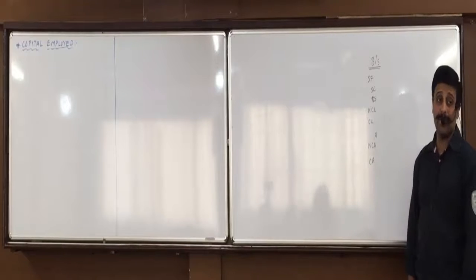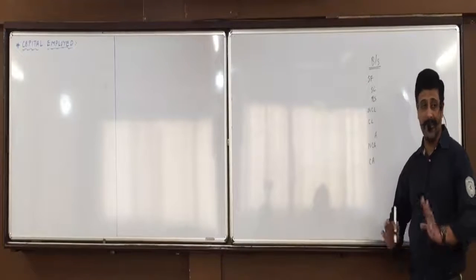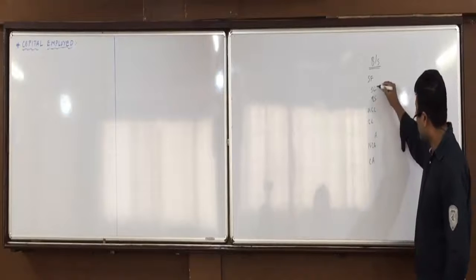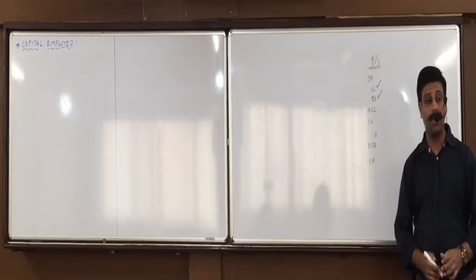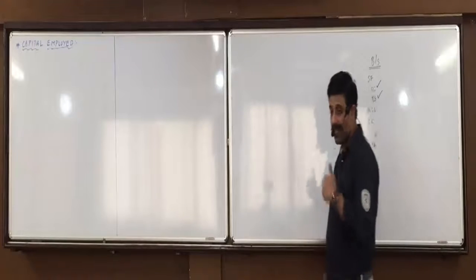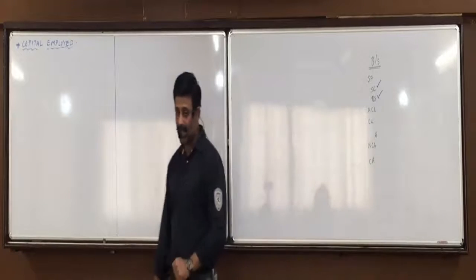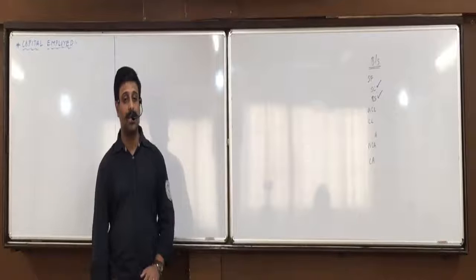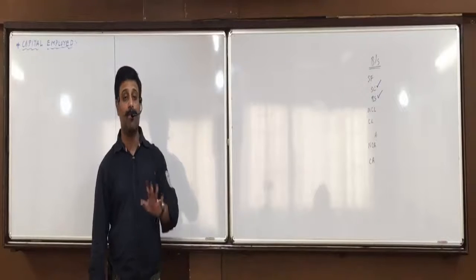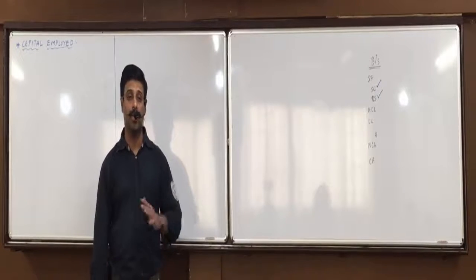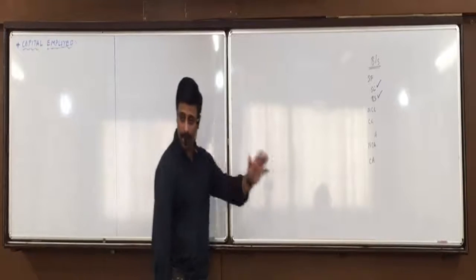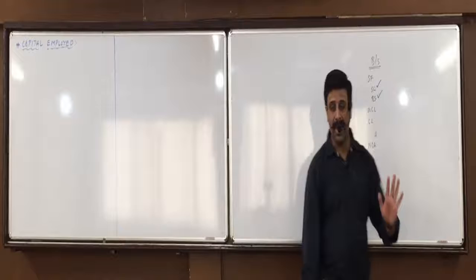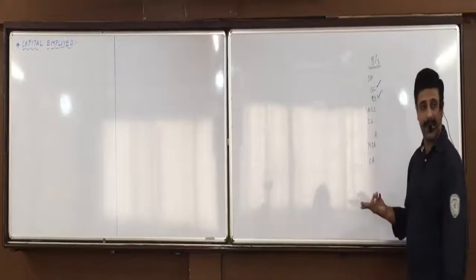Who are the owners of the company? Shareholders. So what is the investment of owners in the company? Share capital also, reserves and surplus also. Because reserves and surplus means you don't give the dividend to the shareholders and retain the profits in the company. So who has the claim on those reserves of the company? Shareholders. Reserves means the profits of the company which always belong to shareholders. Did you understand this portion? This is the main investment of owners in the company.